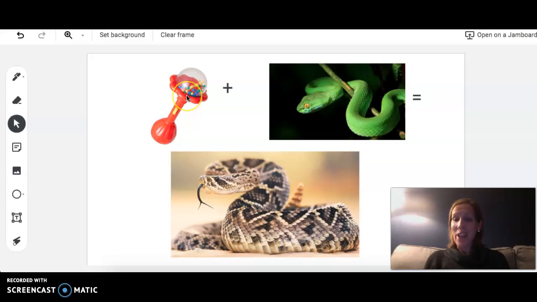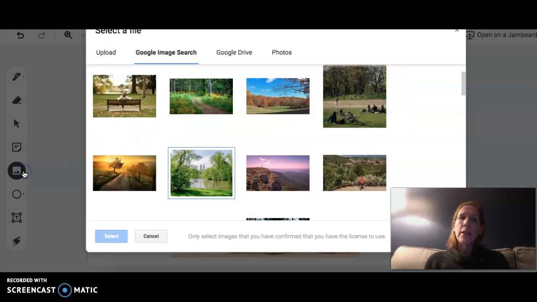Isn't that a cute little rattle? Plus a snake is equal to a rattlesnake. This snake, I don't mind, but this snake, and you all know I've had a snake. So I like snakes, but not that one. Okay, this actual rattle, this one right here, the one that I have a picture of,